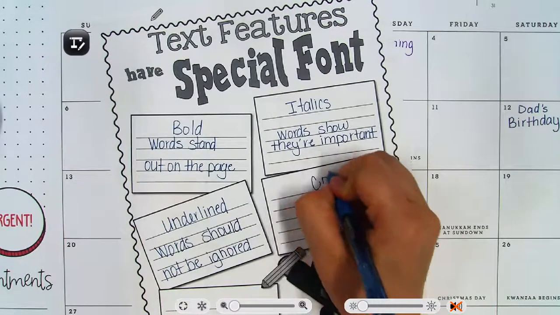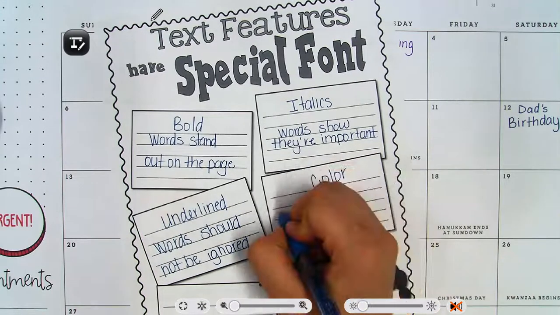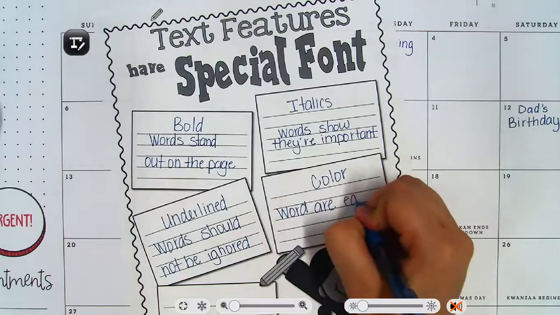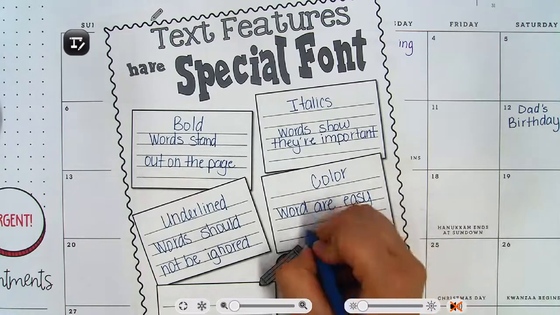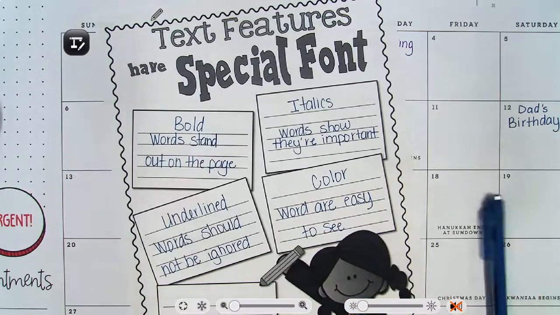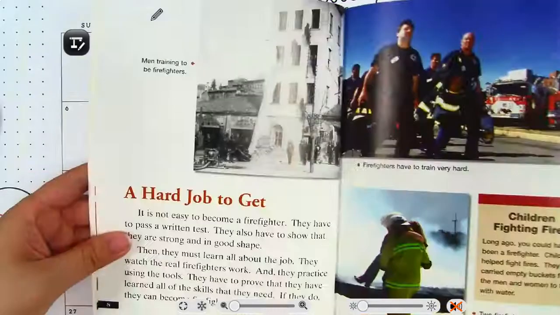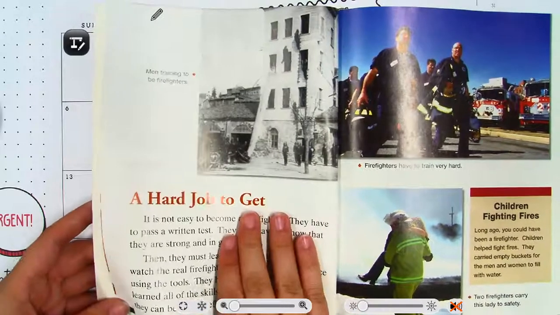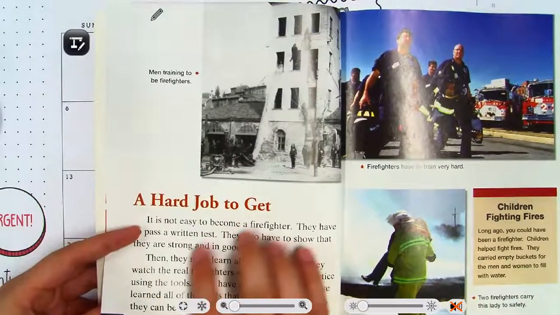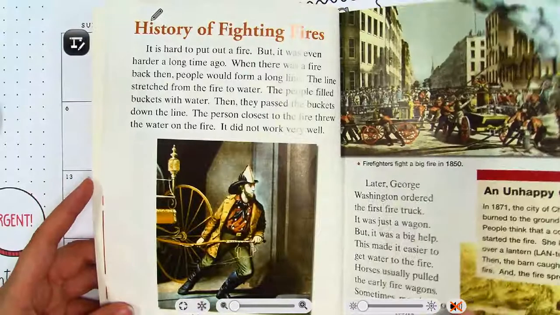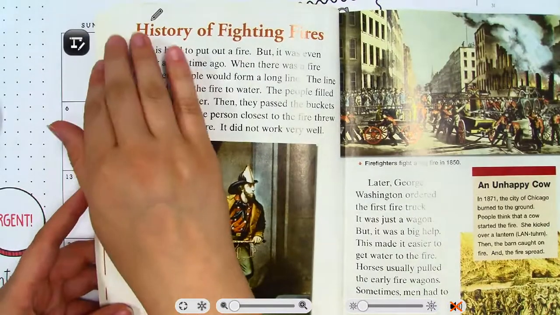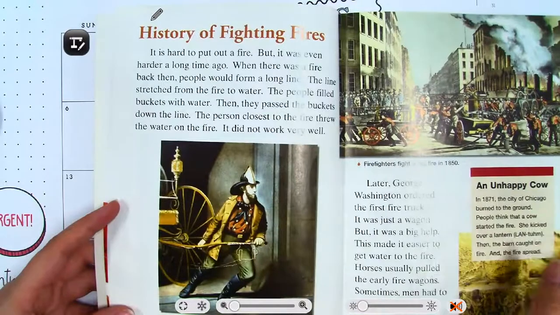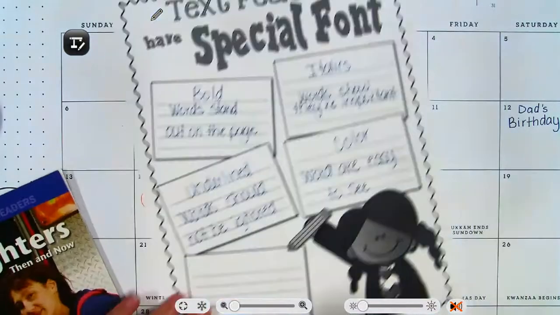Sometimes they put words in different colors to make it easier to see. Or maybe they do that to separate the text from the headers. So in this book, if you notice, the headers are different colors than the actual text. This is kind of a reddish orange color, and the text is black. So it's showing, hey, I want you to be able to pick out the header easily, to say, hey, this is a header, and this is what I'm fixing to read. And then the size